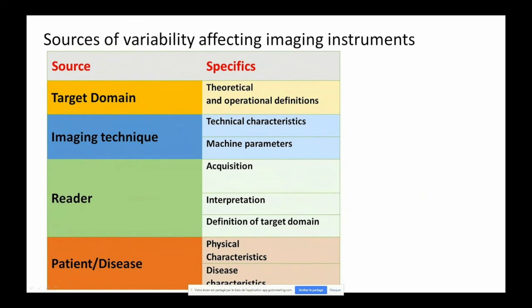Specifically, which are these sources? In the target domain, these are the theoretical and operational definitions. If we are unable to define this, if we do not have consensual definitions. The imaging technique: the machine parameters and the technical characteristics, if we use non-adapted machines or if the parameters are not adapted to what